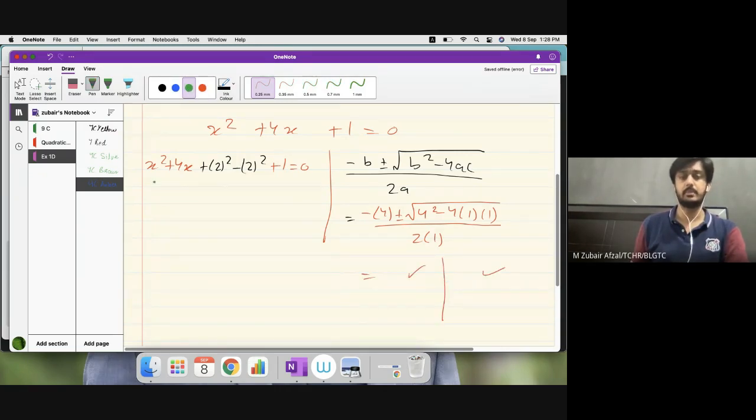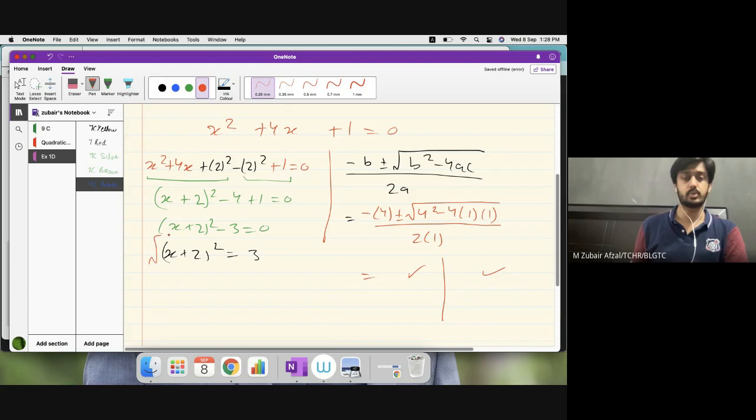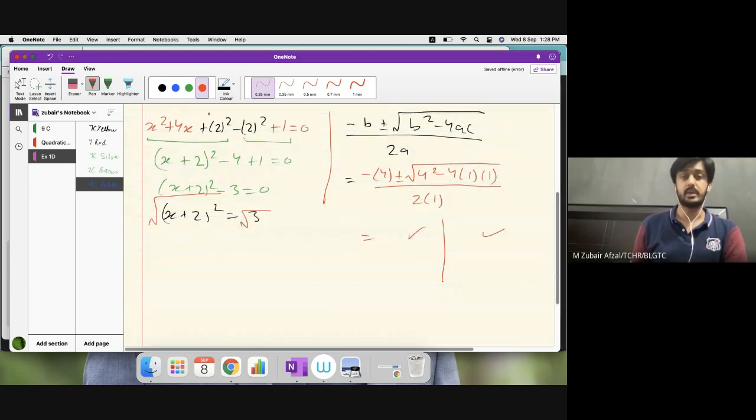Compare this with the completing square form. We have to close these 3 and solve these 2. We copied x, we copied the positive sign, we copied the number 2, whole square minus 4 plus 1 is equals to 0. X plus 2 whole square minus 3 equals to 0. This is x plus 2 whole square is equals to 3. Then you take square root on both sides. Are you getting the concept? Why are we comparing these two? Then we have x plus 2 is equals to plus under root 3, and x plus 2 is equals to